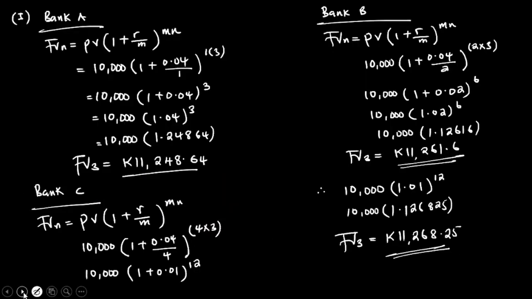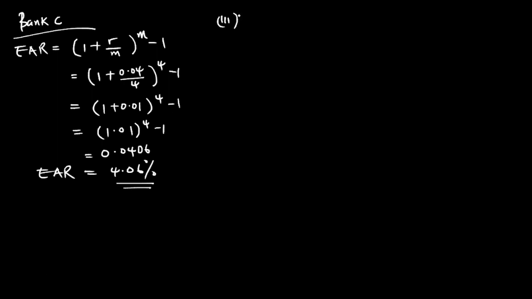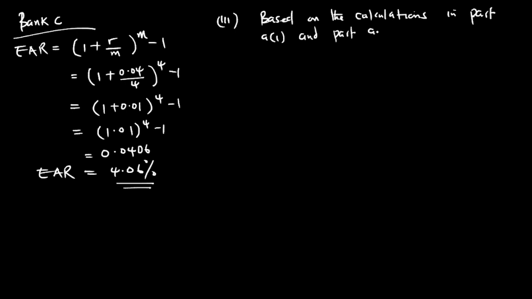Looking at our findings there, definitely we'll go for bank C. So say that based on the calculations in part A1 and part A2, our advice is that Miss Kalunga should deal with bank C,